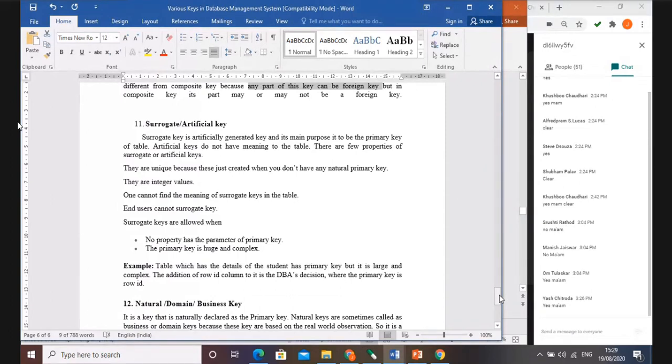For example, I will give you our class example. In our class we have roll numbers, right? Your roll numbers are in the form of the year, say 2018, and then 01, 02 and so on. But in between some numbers are not there. For example, suppose 08 is not there, 12 is not there, then 53 is not there, and so on. In this situation, the roll numbers allotted to you are what I have taken as a primary key. But I am facing difficulties while taking your attendance.